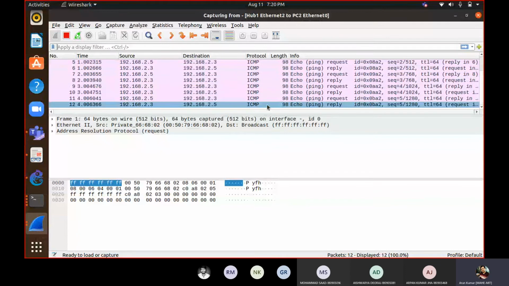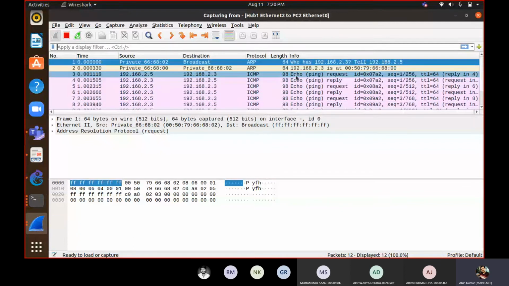So if you are using a hub and you all are behind a hub, you all are connected through a hub, then anyone can listen to anyone's communication. So if you are a part of a LAN and your LAN architecture is based on hub, then anyone in your LAN can listen to your packets which are destined to you, which you are initiating. All other people can listen to your packets. Got this idea about hub?